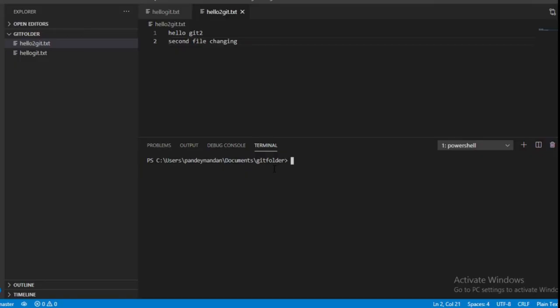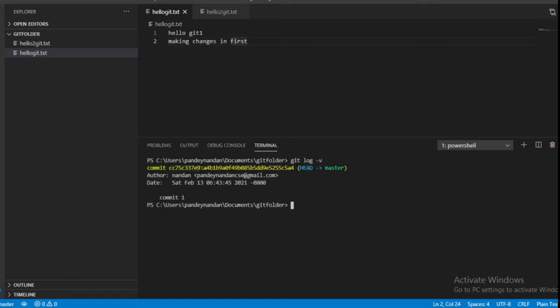So let's visualize it in VS Code. Here are two files I have created, and there is only one commit, this one. So first of all, create 3-4 more commits as shown in the video, and after that we will revert it. So reset 1, and commit it with git commit -am.